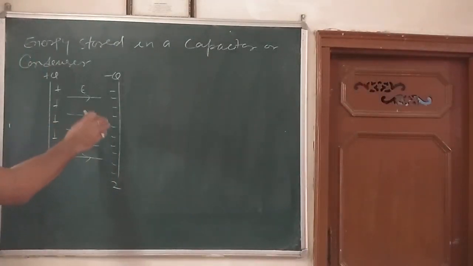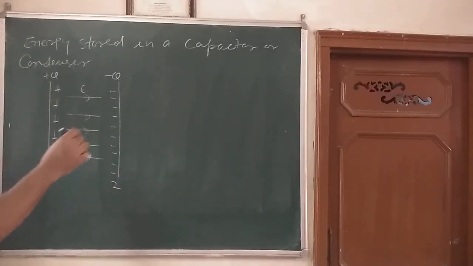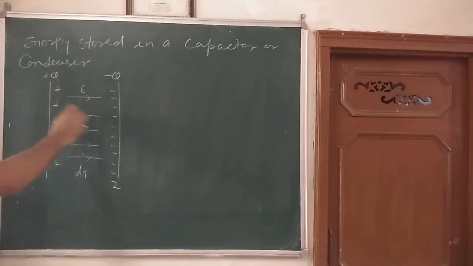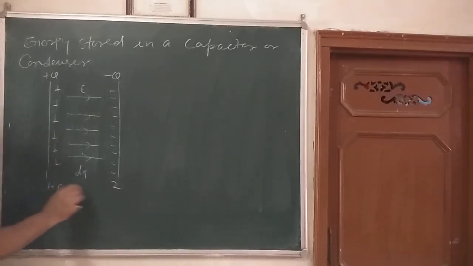Now I have to calculate the energy stored in a capacitor. Suppose the conductor 1 and conductor 2 are initially uncharged. Let the positive charge be transferred from conductor 2 to conductor 1 in very small installments, say dq. इधर से इधर चार्ज ट्रांसफर हो रहा है बच्चों. कब तक हो रहा है? Till the conductor 1 gets charged by plus q, and due to induction here the charge would be minus q. So at every stage of charging, conductor 1 is at higher potential, and conductor 2 is at lower potential.